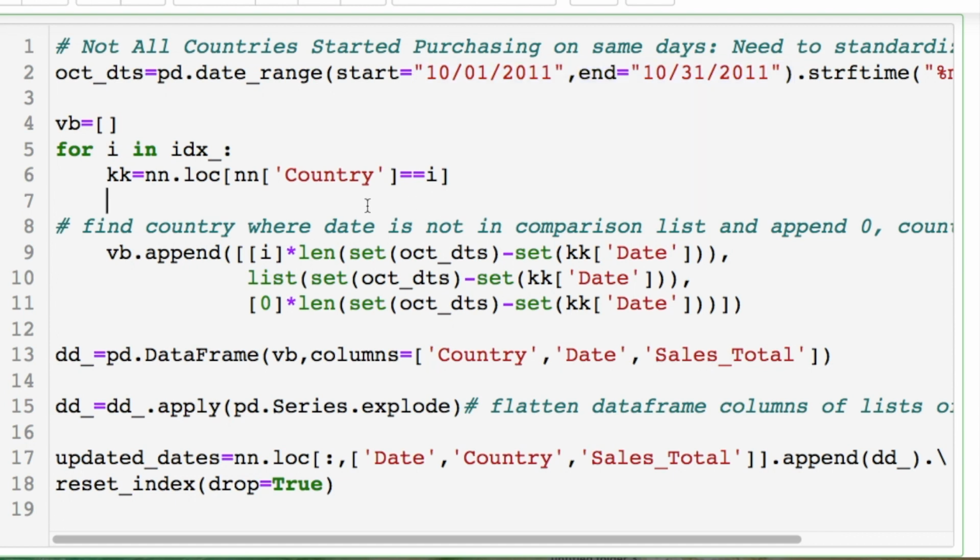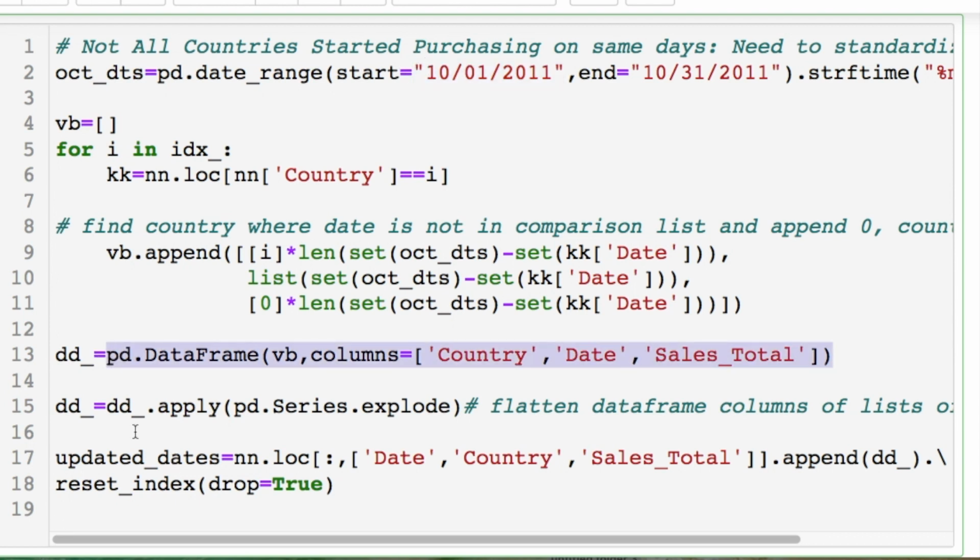But I know from these data and investigating, for each one of these countries, the sales did not include all 31 days. So to make up for the difference in this, I did the set difference, then I multiplied our iterator here for the name of the country by the length of this, because we're creating a new data frame. So the data frame will have the same length as whatever empty values we have for this. Then we create a new list, which is our dates that were not included for our country, and then a length of zeros to correspond to the amount of sales that were held within each one of these dates that was not included in the original data frame.